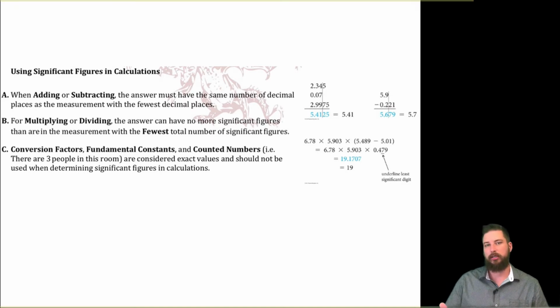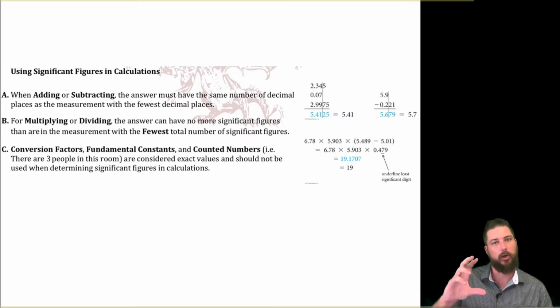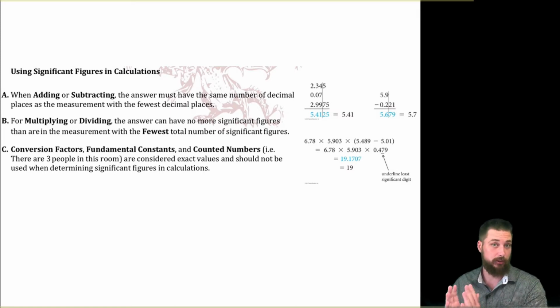So let's go ahead and talk about how we use significant figures in calculations. Now, whenever we make a measurement, there's a certain amount of error involved, which means we need to take that error into consideration whenever we're doing certain calculations. For example, if we take a certain amount of water that was measured in a graduated cylinder and we